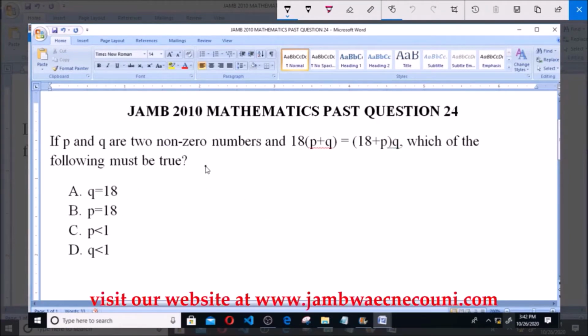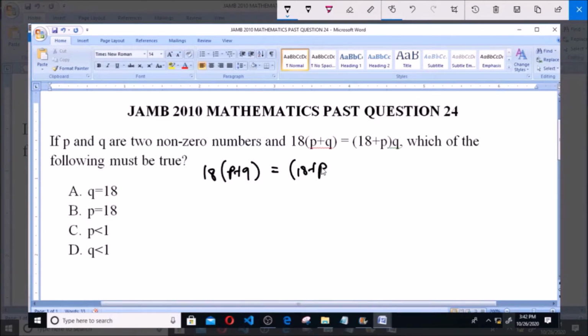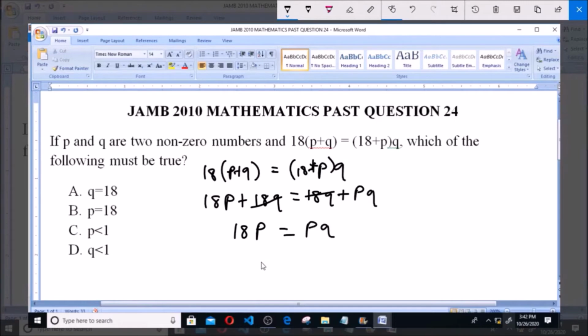Now we're given that 18(P + Q) = (18 + P)Q. Opening this, we'll have 18P + 18Q = 18Q + PQ. Now looking at this, we can simply cancel the 18Q on both sides. So we have 18P = PQ. Since we have P here and PQ here, we can simply